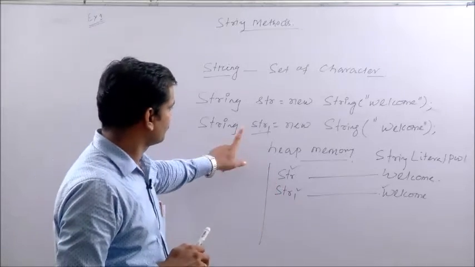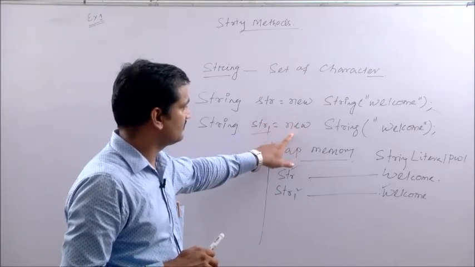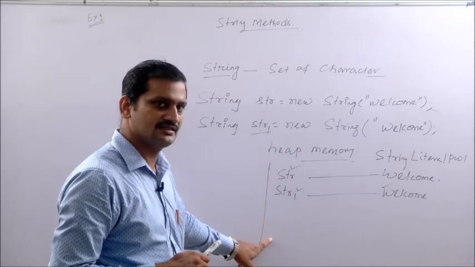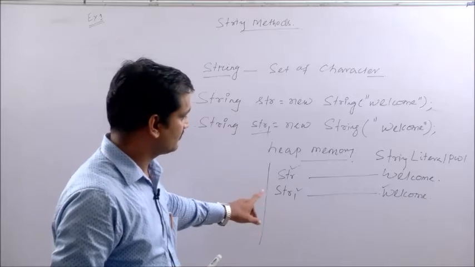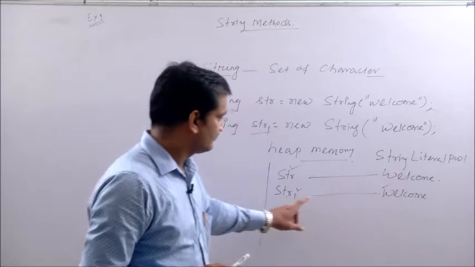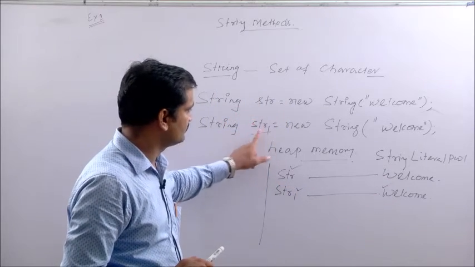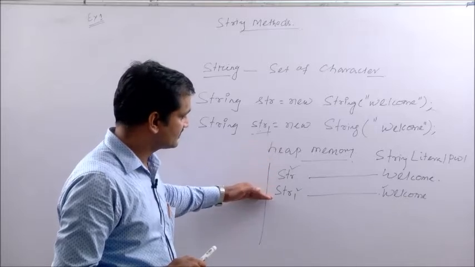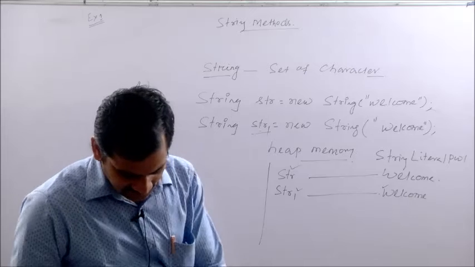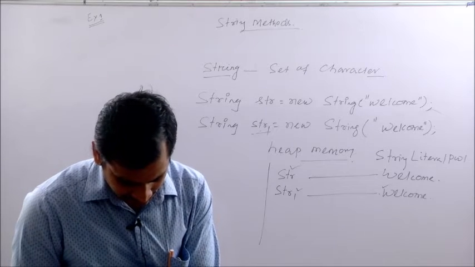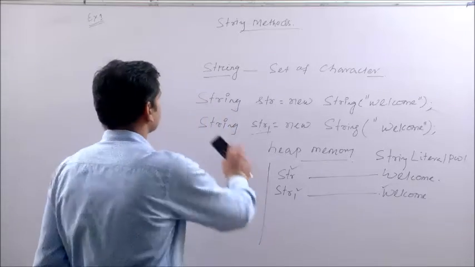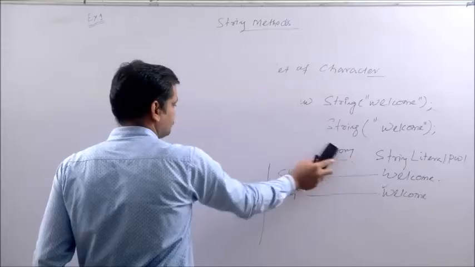It is going to refer to the first string object. But in case you are creating the string by using the new operator, every time you create one, it is going to create one instance of the string object. Though they are also referring to the literal in the string literal pool, for every use of the new operator to create a string, it creates a new object instance. Then let's see one example of how Java strings are used with a small program.